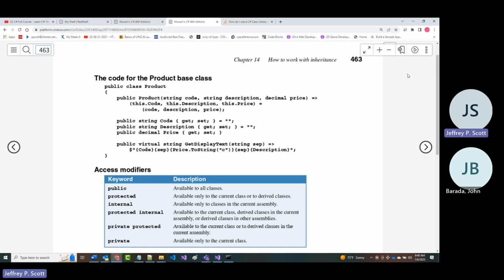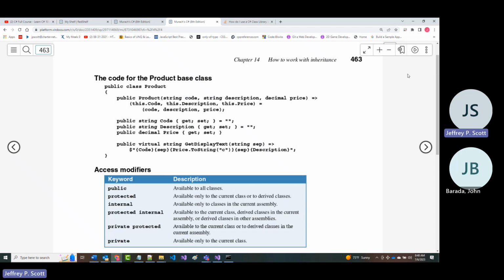So when you put something in as protected, it's directly accessible and even changeable to not only the parent or the class that creates them, but to any children or child classes of that parent. The other things that you see in here, notice you've got internal and you've got protected internal.